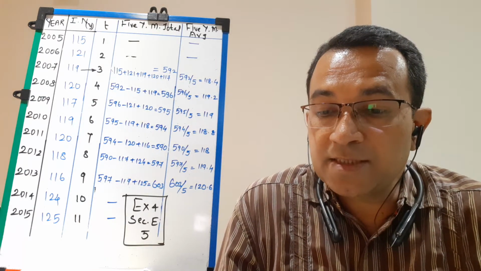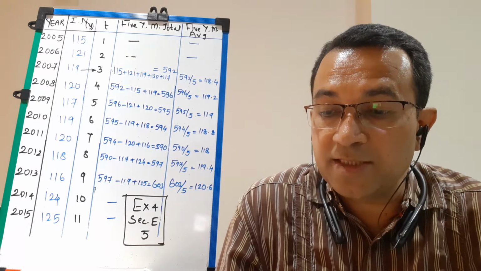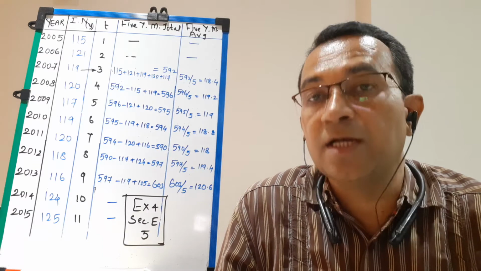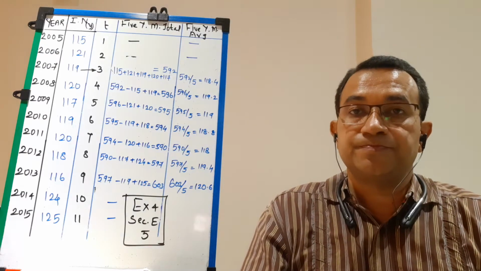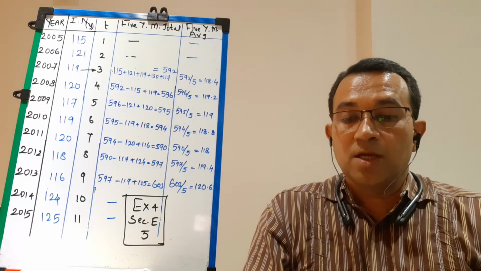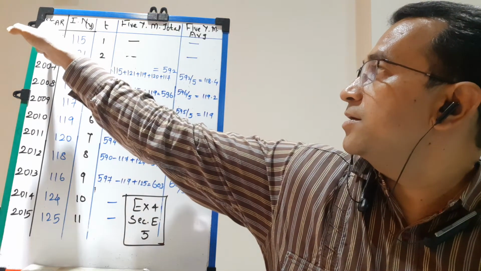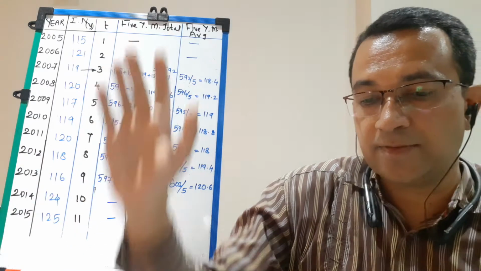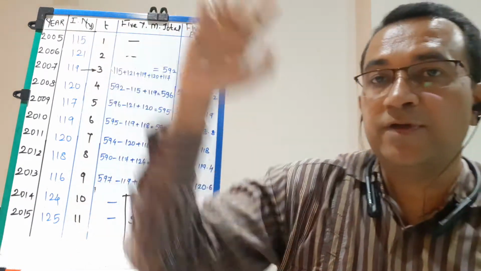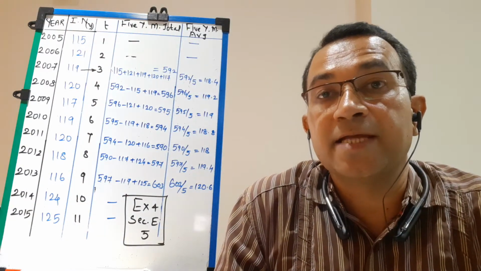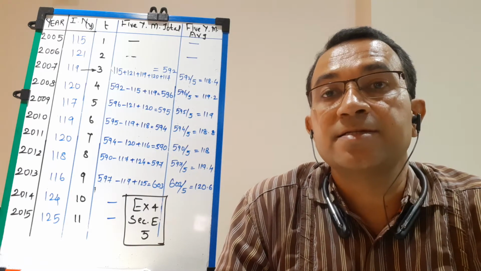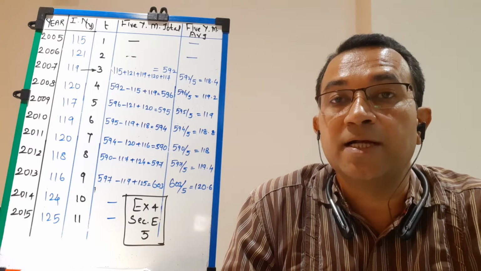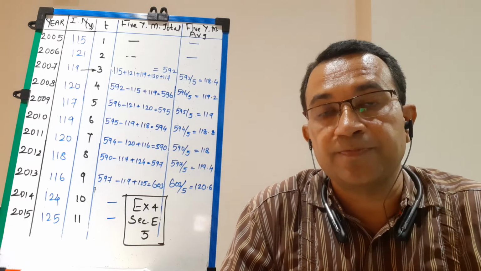The quantity index number of consumption of edible oil in a state is given in the following table. Find the trend using 5 yearly moving averages. Okay students, the first column is of year 2005, 6, 7, 8, 9, 10 up to 15. The second column is of variable quantity YT, which is the index number. Students, index number is our chapter number 1, which we are going to start very soon after completing this chapter.